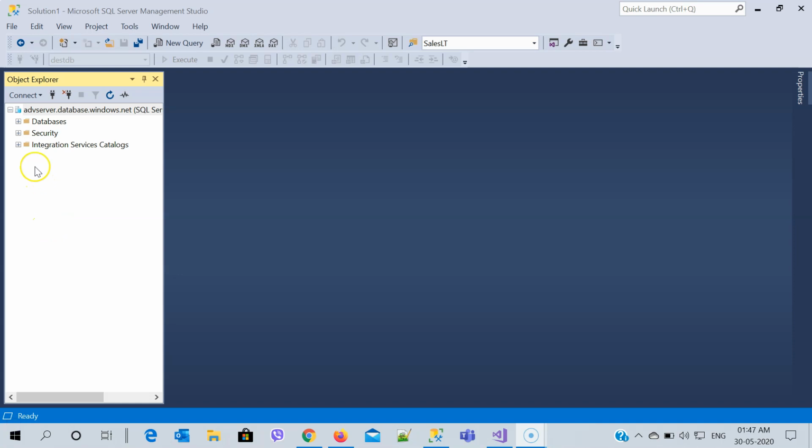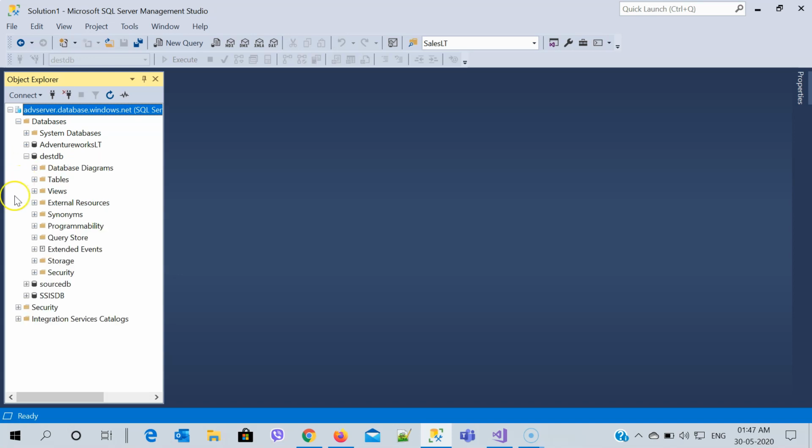And then as you can see right here, I got this database, and expand the database, and I will check for the destination DB. From the destination DB, we are going to access my tables.